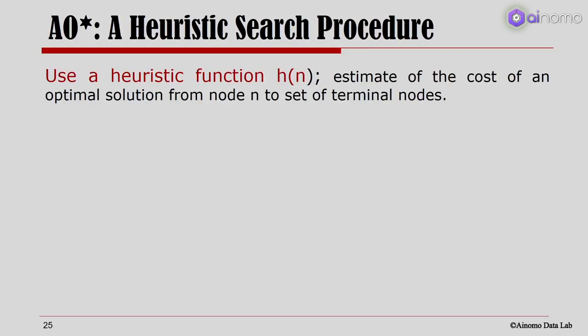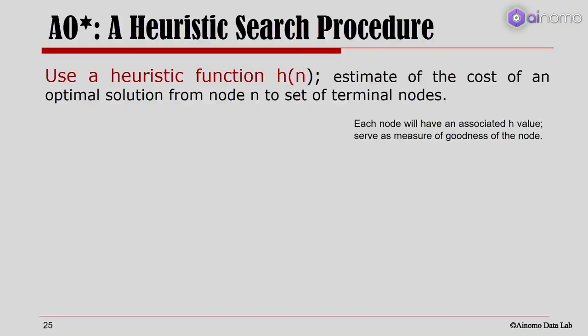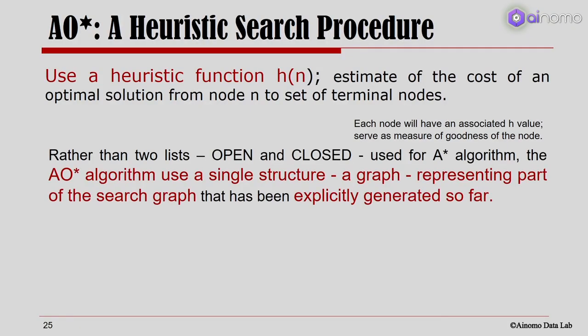So, the AO star uses a heuristic function. It estimates the cost of an optimal solution from a node n to a set of terminal nodes. And each node is somehow connected to its successor. It remembers where it came from. Each node will have an associated age value that serves as a measure of goodness of the node. Rather than the two lists that we have used while we were doing A star,